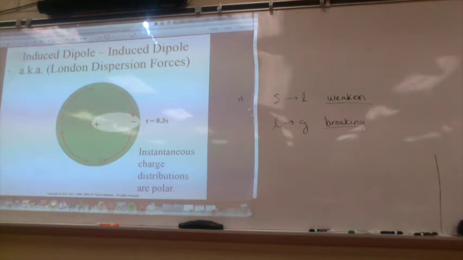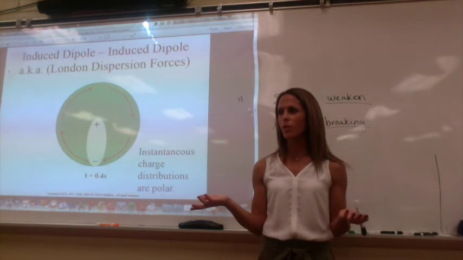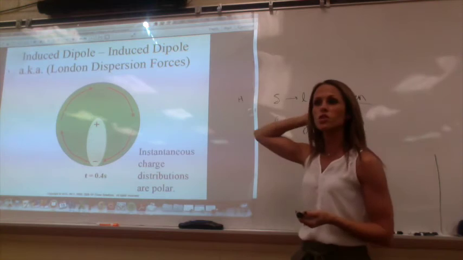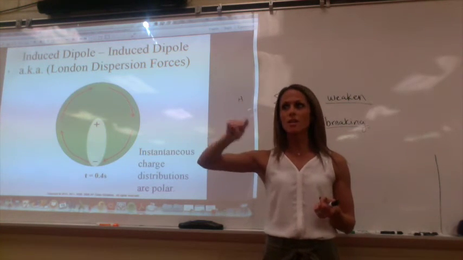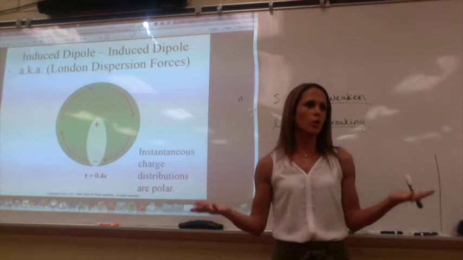Are you watching the slides? Because that's not going to happen on yours. It's moving around, right? It's going back and forth. So at 0.1 seconds, at 0.2 seconds, at 0.3 seconds, at 0.4 seconds, I have instantaneous polar moments, but overall, what happens to it? It's not polar, right? Like in CH4, which I drew before, we have instantaneous polar moments, but overall the geometry cancels it out, so the molecule becomes nonpolar.